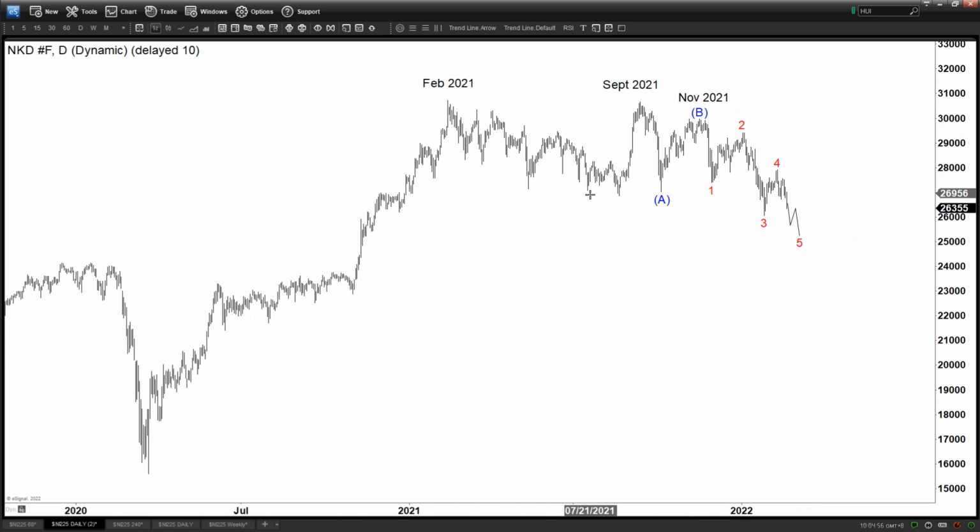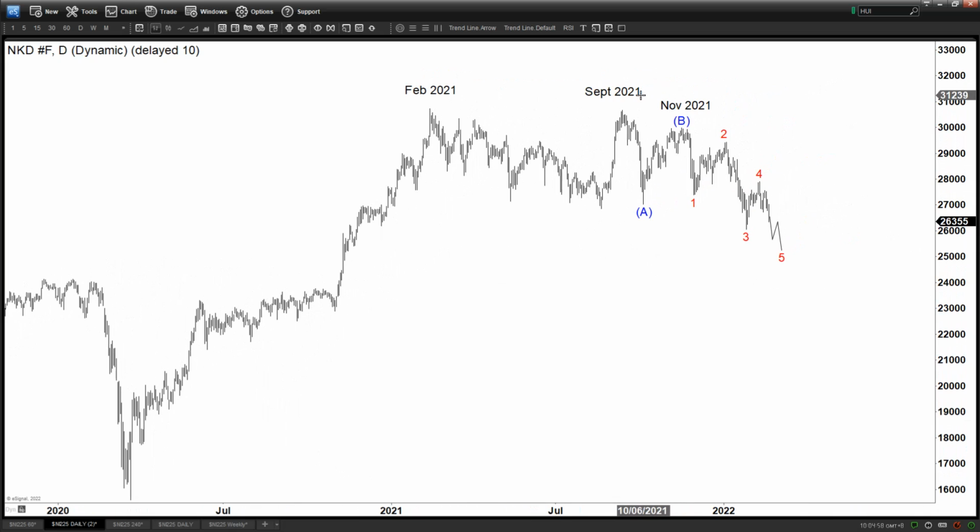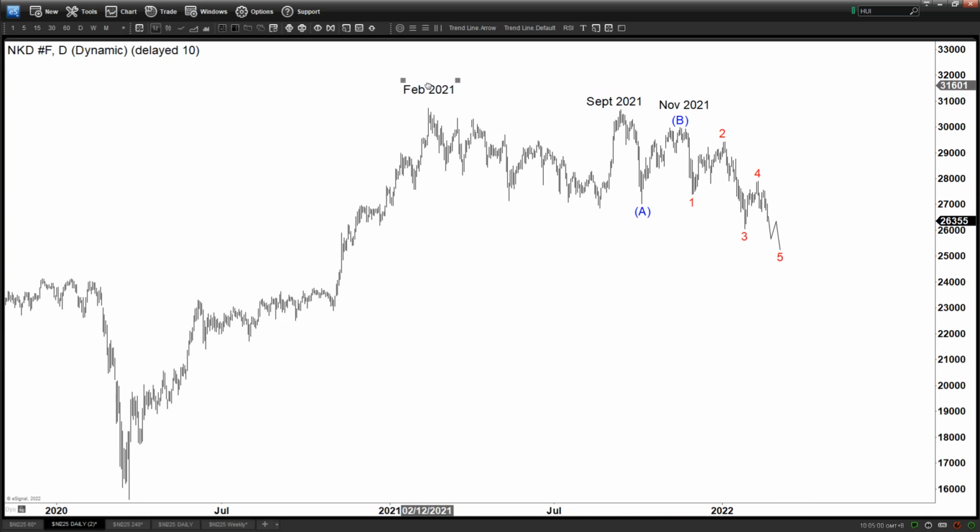It is a choppy structure in my eyes, overlapping and choppy. Yes, it does make a lower low, but it is not an impulse. And if you measure this, look at this. It looks like a 3 swing to me here, another 3 swing to me. So it seems to me this is some kind of